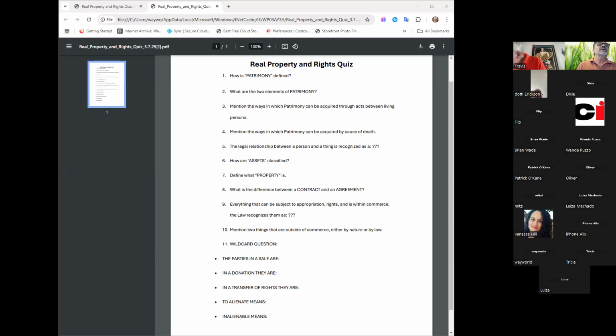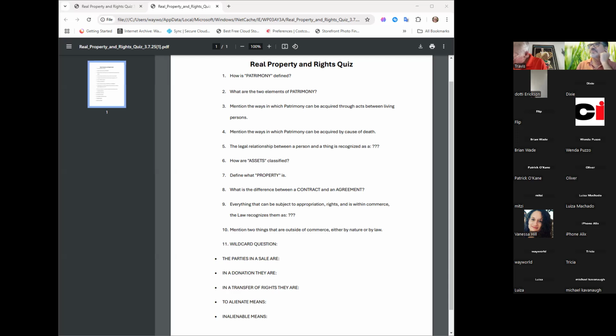Number 9. So a contract is a legal binding agreement between two or more parties. Correct? Yes. And an agreement is just something that two or more people agree on, but not technically legally binding. Exactly. Perfect. It can or cannot be legally binding, it does depend on the court of law.